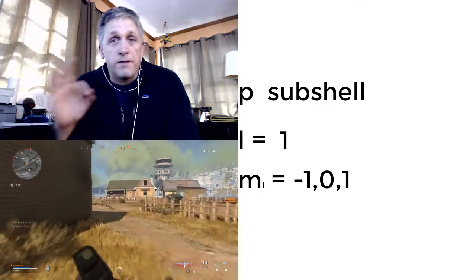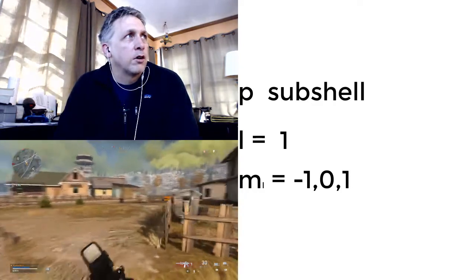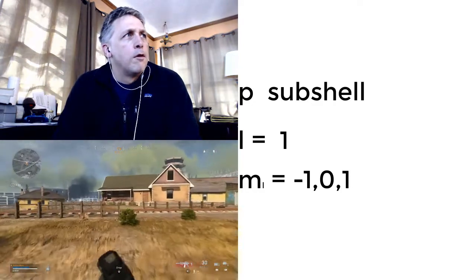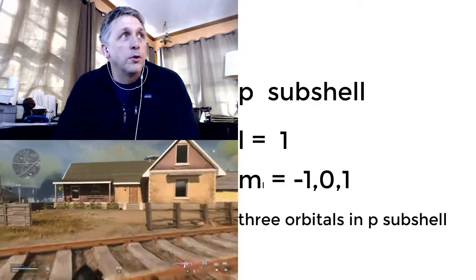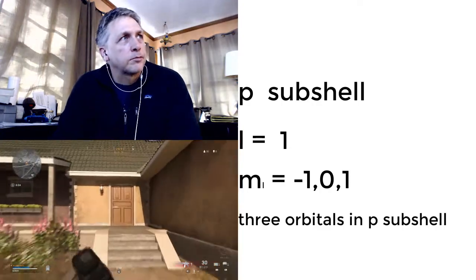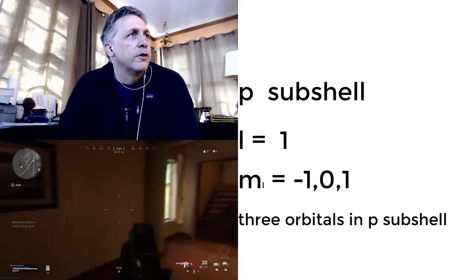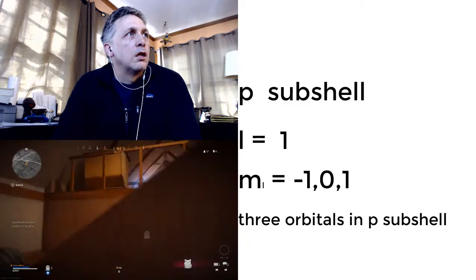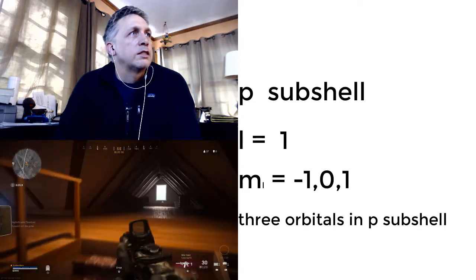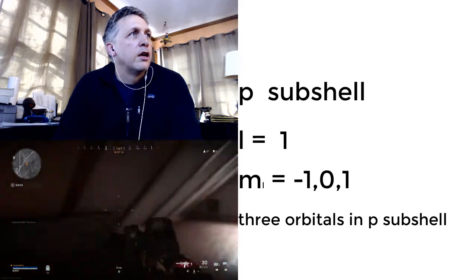And 3 values of M sub L means that there are 3 orbitals in that subshell. And one more. Let's say you're in a